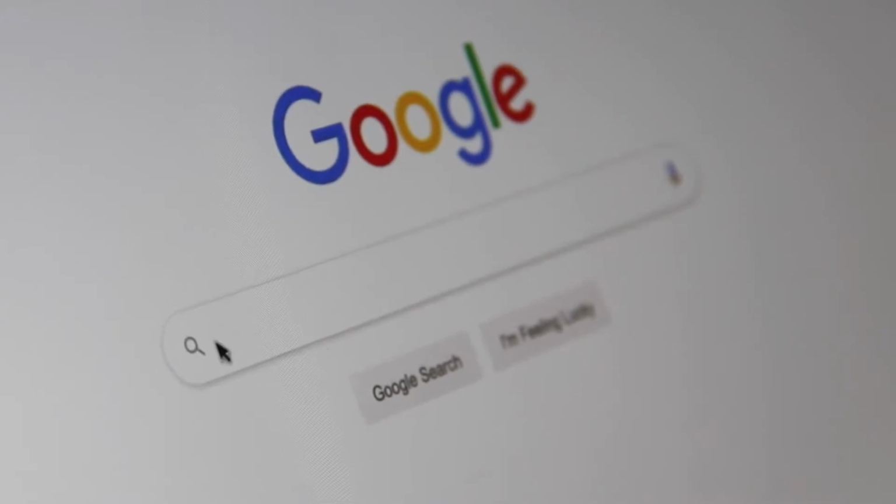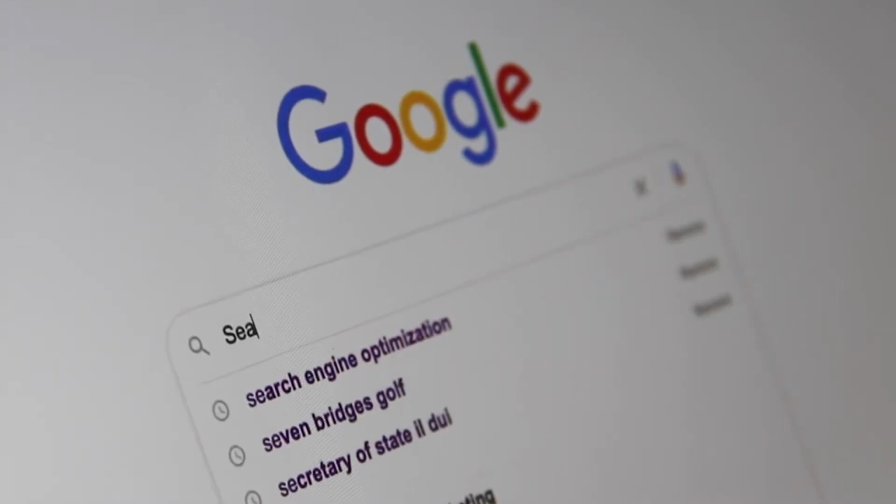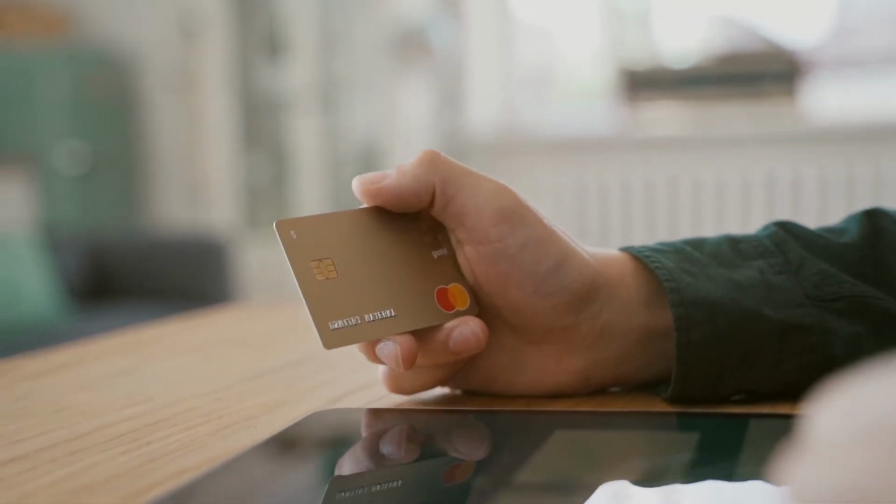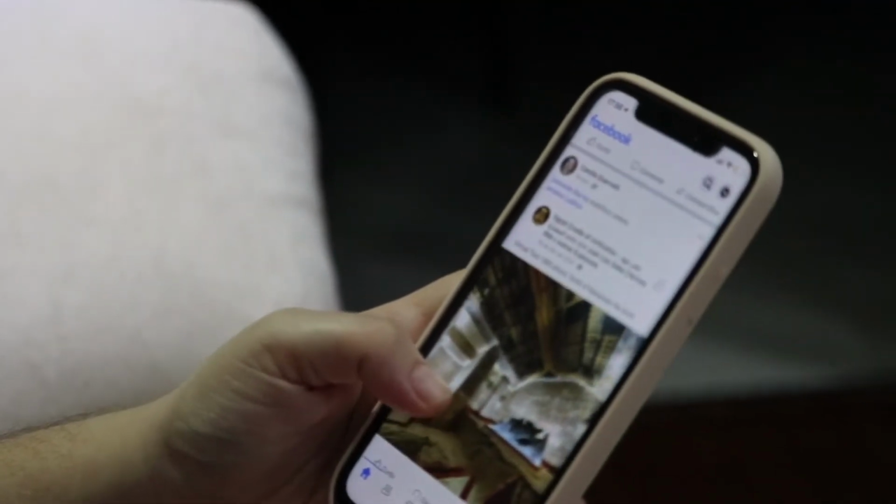Now, if you really think about it, there's really only three things you usually use when you access the internet. It's usually through Google, which you use to access information or maybe another website. Or you go through Amazon when you want to buy something, or you go through Facebook when you want to access social media. So what decentralization is, they take the power away from the big companies and they give it back to the people.